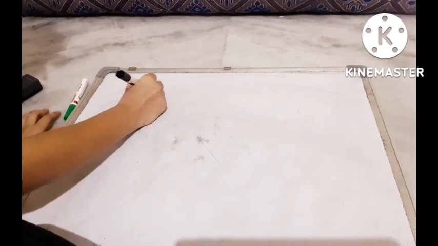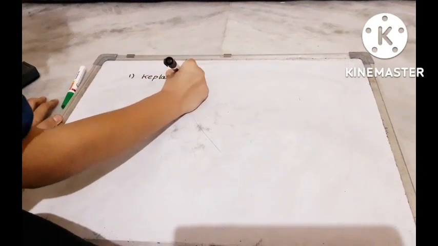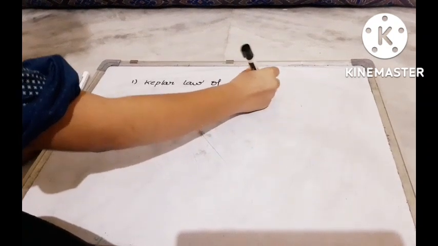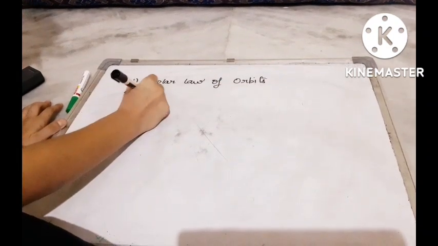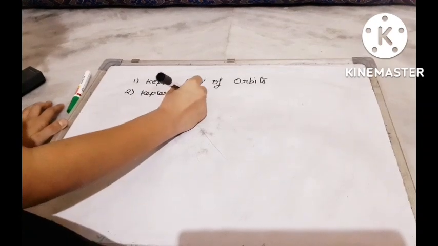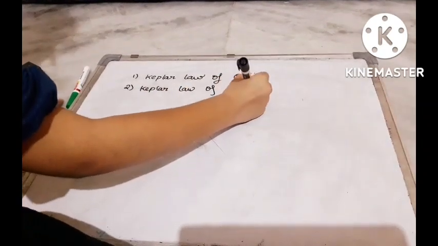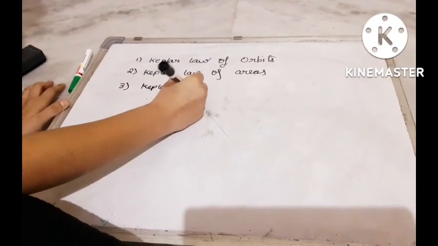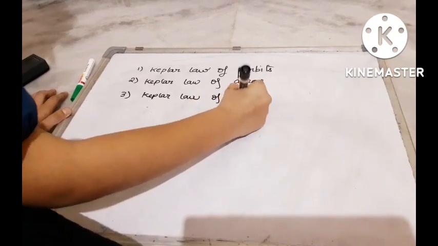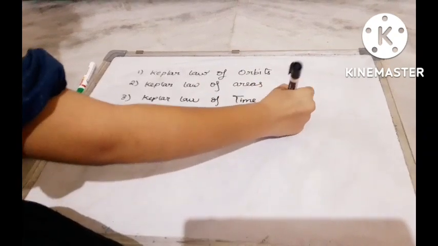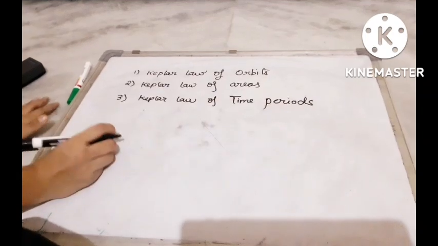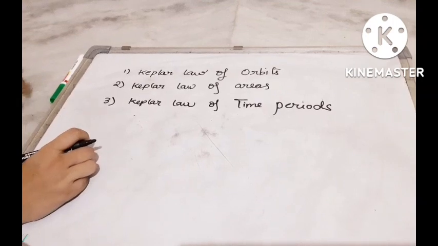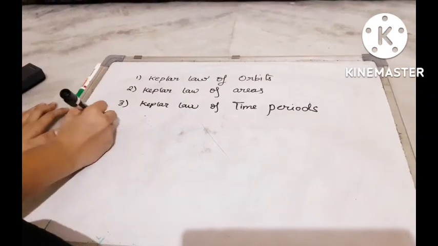The first law was Kepler law of orbits. The second was Kepler law of areas, and the third one was Kepler law of time period. So these were the three laws given by Kepler: Kepler law of orbits, Kepler law of areas, and Kepler law of time periods. Now coming to the Kepler law of orbits, the first law,